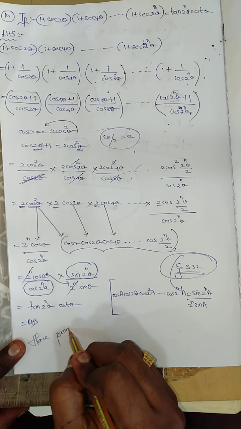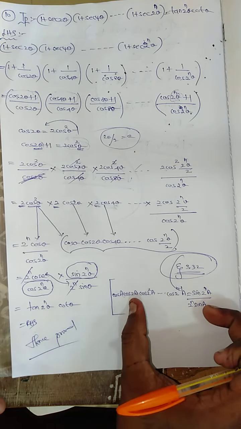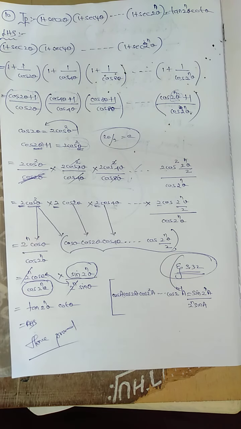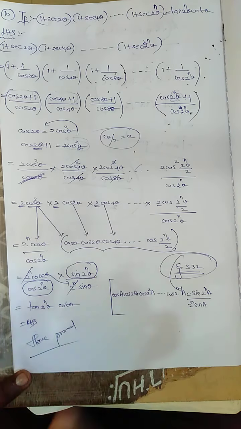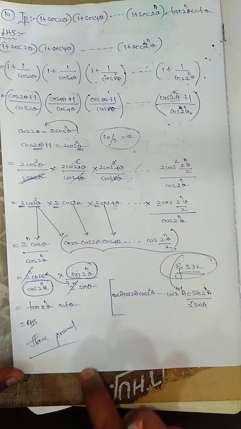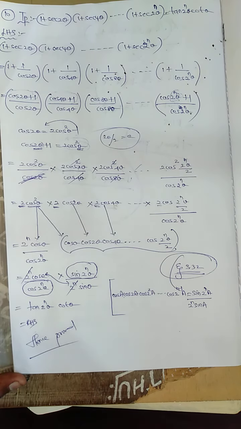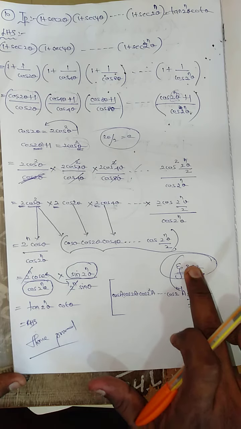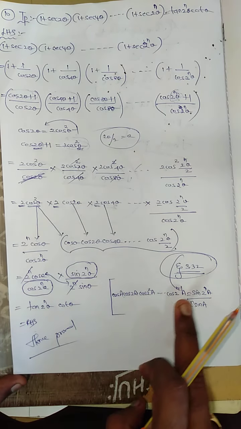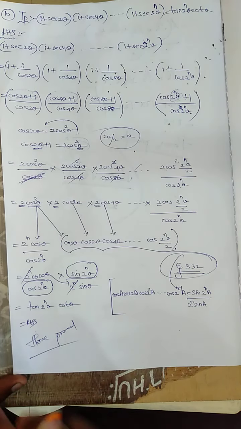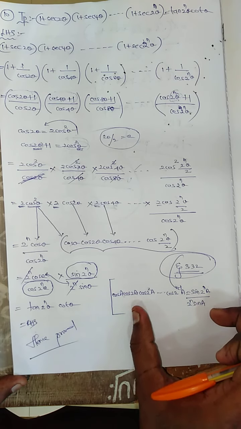A very difficult sum to show you. If you don't know this formula, you can't do this sum. From here only we are picking this formula and writing it. So you need to know this formula, otherwise we can't do this sum. This is given in example 3.32. This is one of the proofs, this also we need to prove. Using this proof, I am taking this and writing it as one of the formulas here.